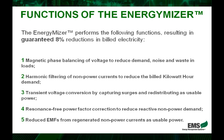Point number 4 is the power factor correction capabilities of the energy miser. Now, a power factor is a complex formula where the utility companies penalize commercial and industrial users depending on how efficient their power factor is. What the energy miser does is increase that power factor to an optimal level so that these penalties can be eliminated. Now, lastly, what the energy miser does is also remove the existence of harmful EMFs, which stands for electromagnetic